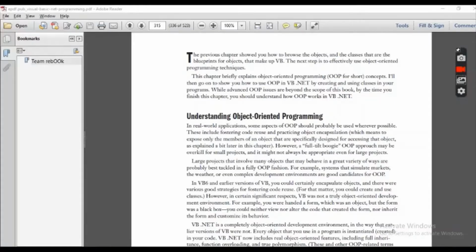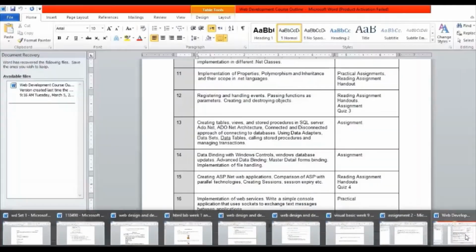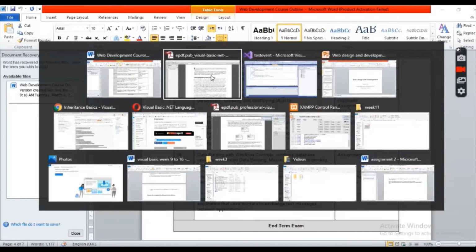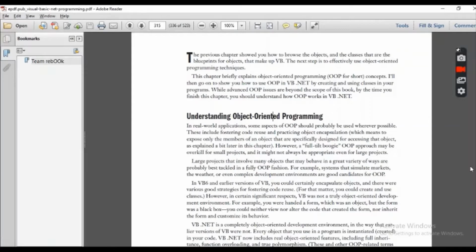Today we are going to be starting week 11 of our course, web design and development, and we are going to be studying the concept of object oriented programming. Here we are going to be focusing on inheritance and polymorphism, plus I'm going to tell you what object oriented programming actually is. You have already studied this course, but you should keep in mind